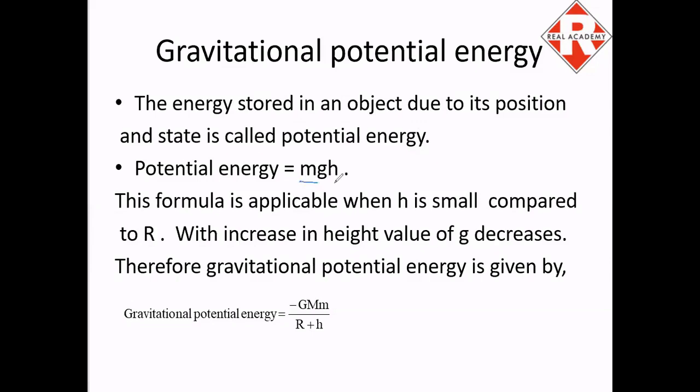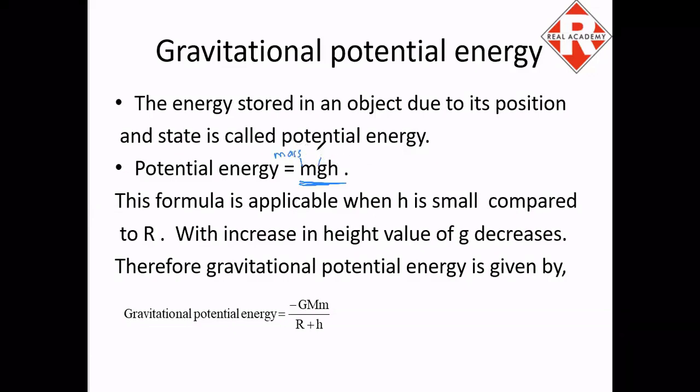And we denote this potential energy by the formula m into g into h, where m is the mass of that object, g is the force of gravity or acceleration due to gravity, and h is the height of the object from the surface. Right? Now, whenever I'm applying this mgh formula, g has to be constant. जी कांस्टेंट हुआ तो ही वो प्रॉपर रहेगा, तो ही हम लोग उसको यूज कर सकते हैं, राइट.